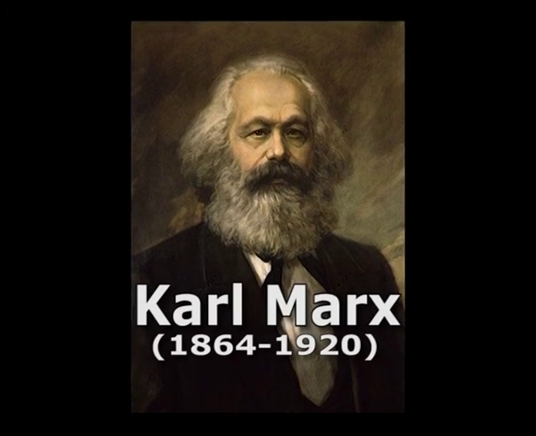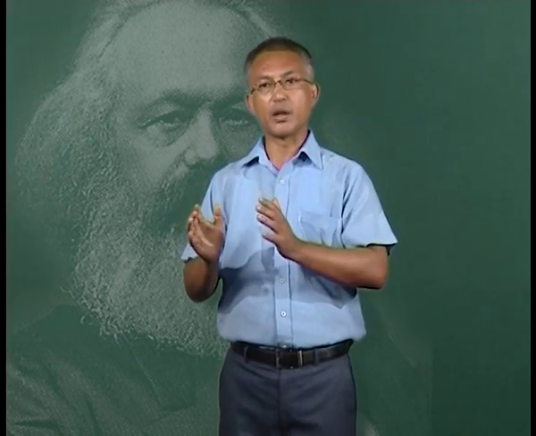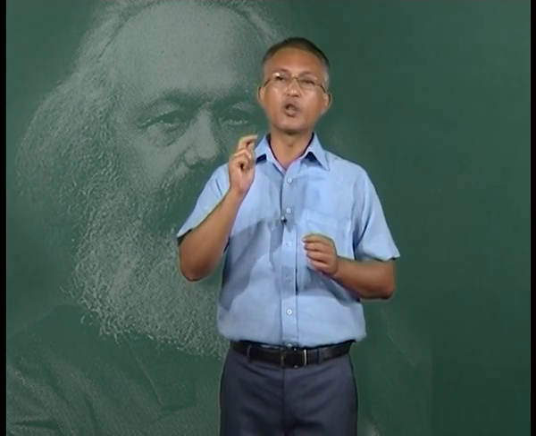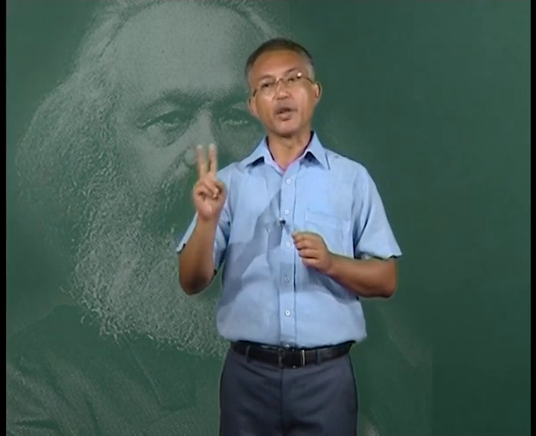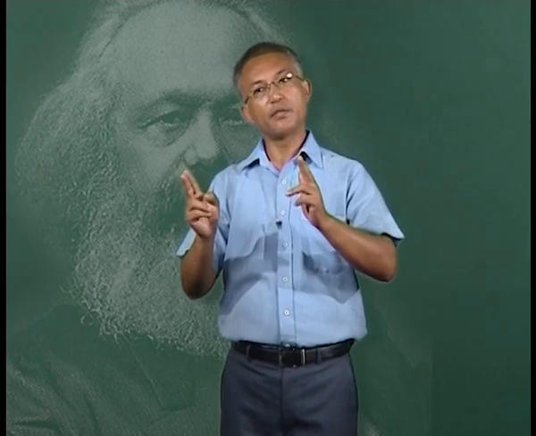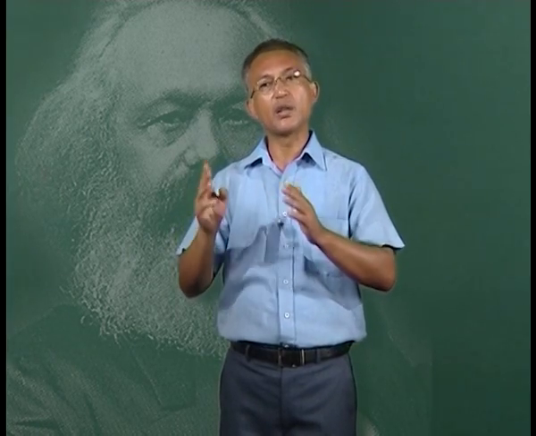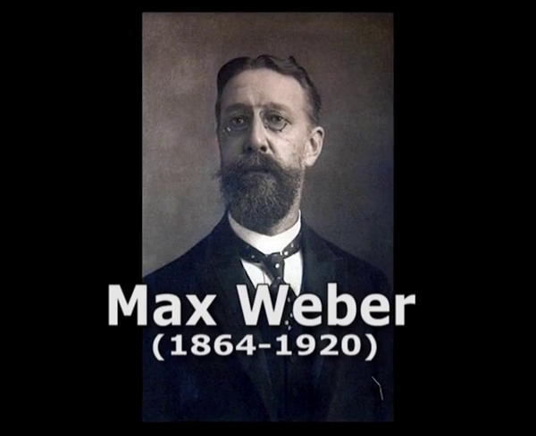According to Marx, the ownership of the means of production is the crucial factor that shapes the class system. Those who own the means of production, like land and capital, form one class, and those who do not form another class. Marx believed that throughout human history, only two classes have appeared: lord and slave in ancient society, landlords and peasants in feudal and agrarian society, and bourgeoisie and proletariat in capitalist industrial societies. Max Weber disagreed with Karl Marx.